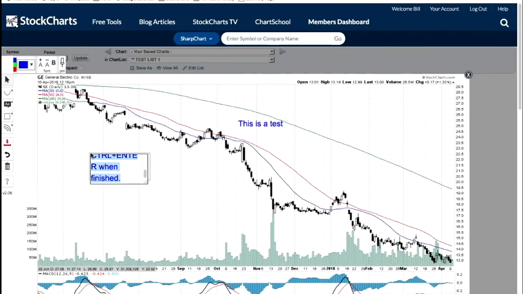The callouts are a little bit different. They can be used for a number of things. One of the things I use them for is just to keep track of when I've bought something. So I may do something like this. I'll say, okay, I've bought 100 shares. I'll actually decrease my font size. Put this over here, and then we can use the control, or in my case, the command button, to drag